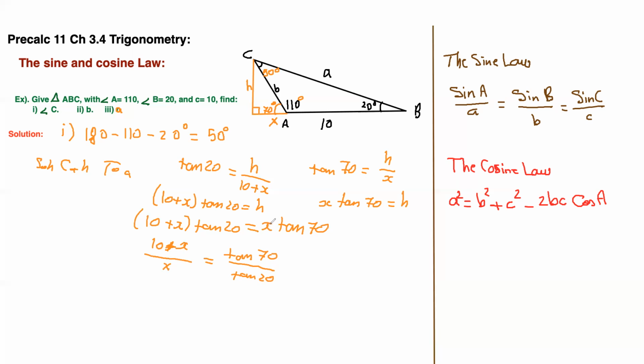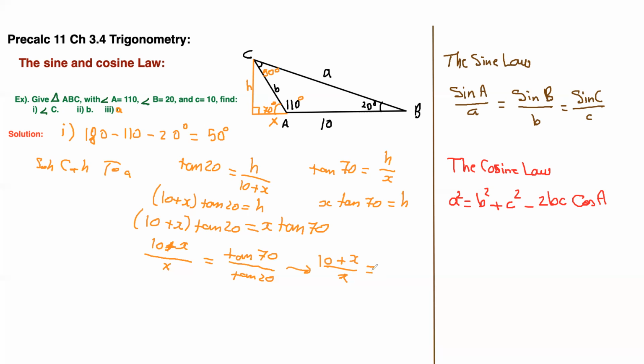And I cross multiplied the X, since it's on top here, it goes to the bottom of 10 plus X. Now, 10 plus X over X equals tan 70 divided by tan 20, and that will give me